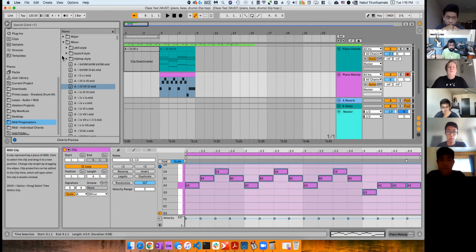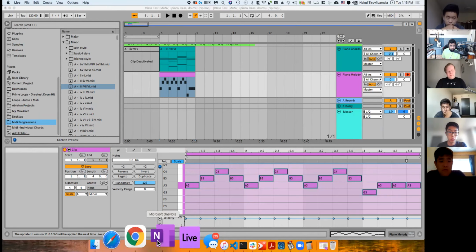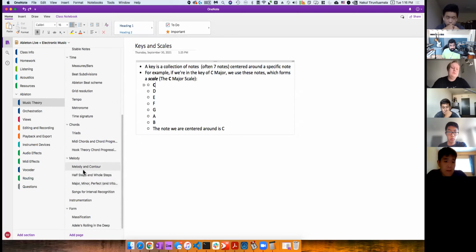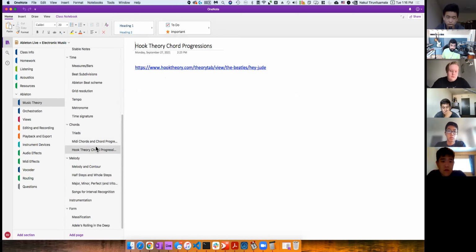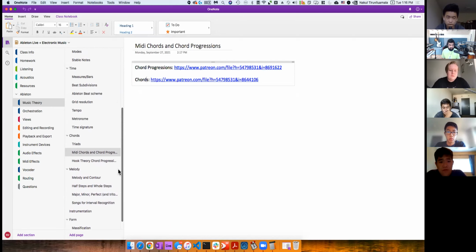I actually went over here and I added my own folder of progressions, which you can incidentally find on the OneNote if you go to music theory, chords, right? You can find the MIDI chords and chord progressions over here, okay? This is where I want you to look, okay? That's where you find the progressions, right? So for instance,